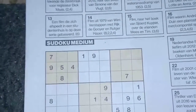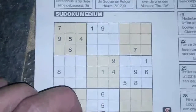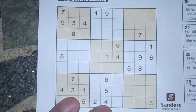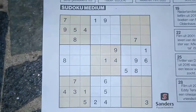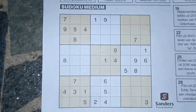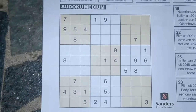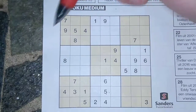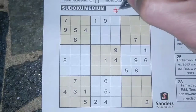I won't solve this because I hated the quintuplet, so it's taking me too long to solve a quintuplet, more than an hour. So today only one regular Sudoku, a Sudoku Medium I will do. There's also in this newspaper an additional with extra Sudokus, I believe 7 or 8 extra Sudokus, but first I will do this Sudoku Medium, and this will be number